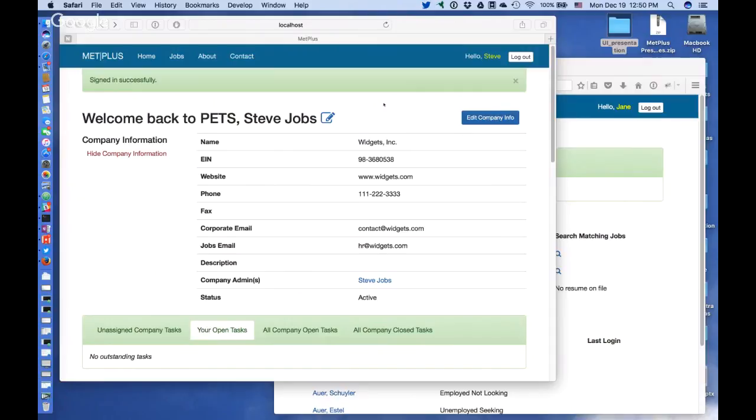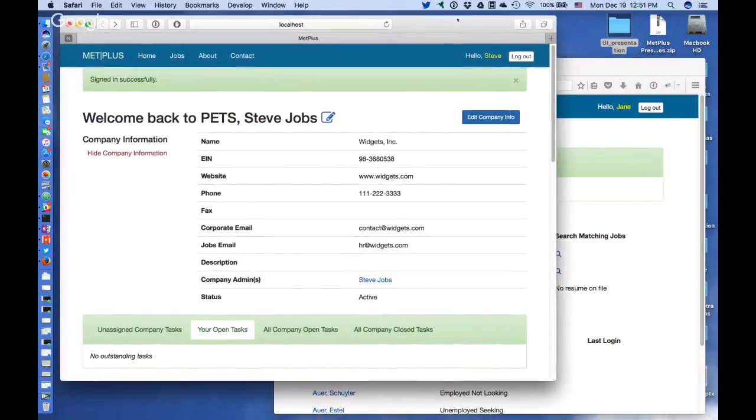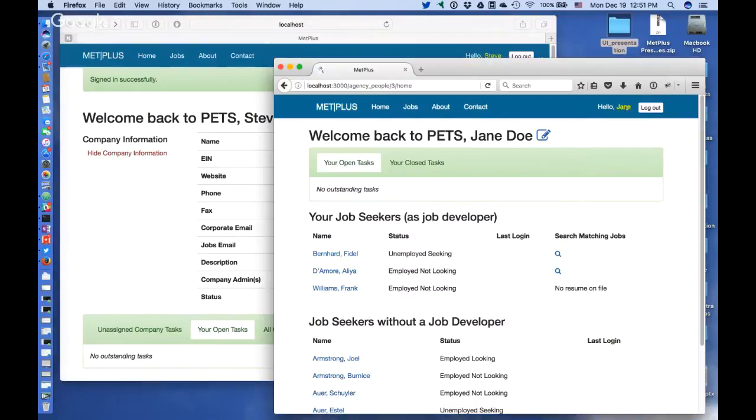So that's the backdrop. In this browser right here, I'm logged in as a company person, Steve Jobs, who can see company jobs, etc. So that'll be the primary browser. And then over here, I'm logged in as Jane. She's a job developer, and she has some job seekers that she's the job developer for, these guys here. So to set this up,